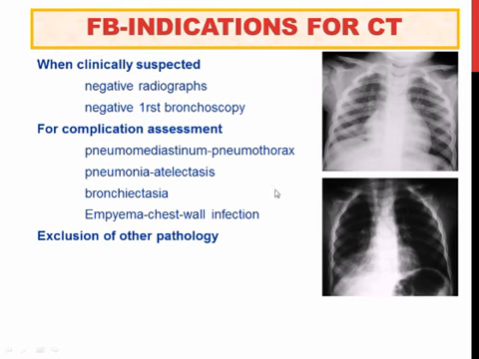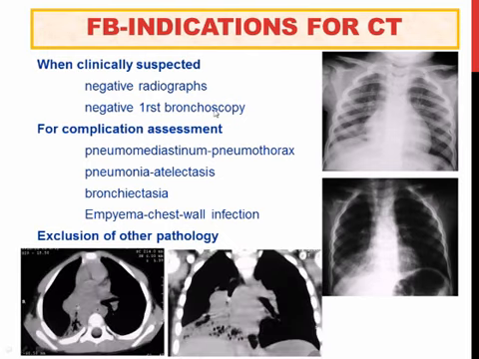When do we do CT? We do CT when we have an increased suspicion of an aspirated foreign body, such as in this patient with recurrent pneumonias in the same location, and your first bronchoscopy or your radiographs are negative. You need to assess for complications, or where your pediatrician wants to exclude other pathology. Then your foreign bodies, even if non-radiopaque on X-rays, might be radiopaque on CT and can be seen together with